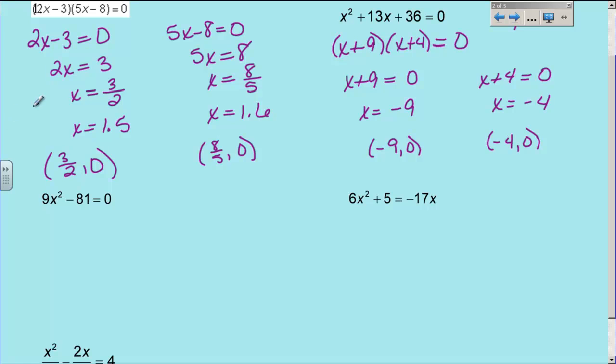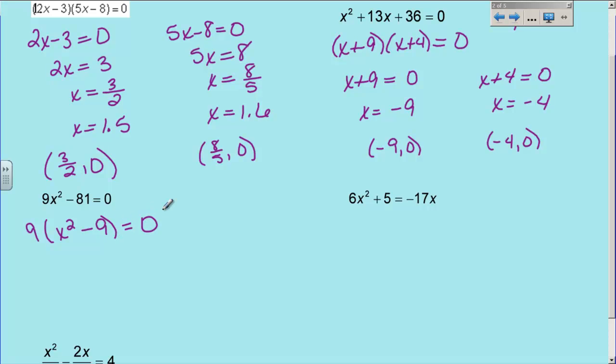This next one, 9x squared minus 81 equals 0. We're going to have to go way back and remember that the first thing we should always do is look for a greatest common factor. We did not do that in this first one because there wasn't a greatest common factor. I should have gone ahead and pointed that out, but there wasn't one. But this one does have a greatest common factor. What's the greatest common factor for this little binomial? 9 is what they have in common. So the first thing we're going to do is factor out a 9, leaving us with x squared minus 9